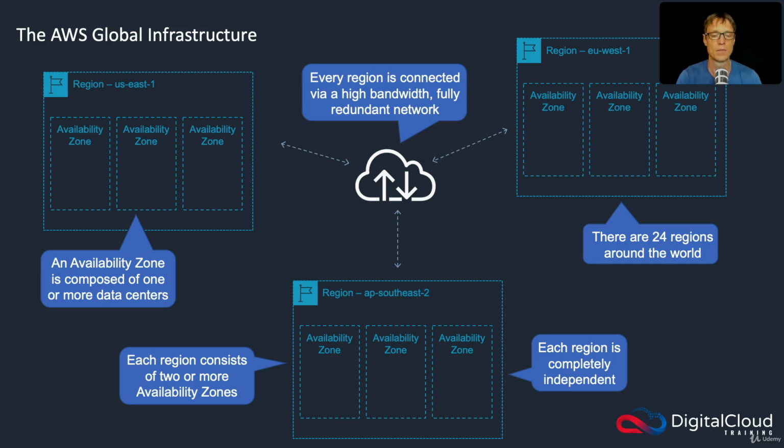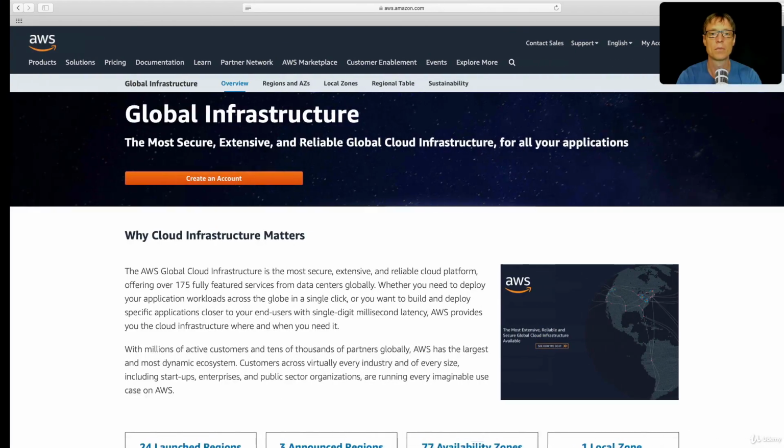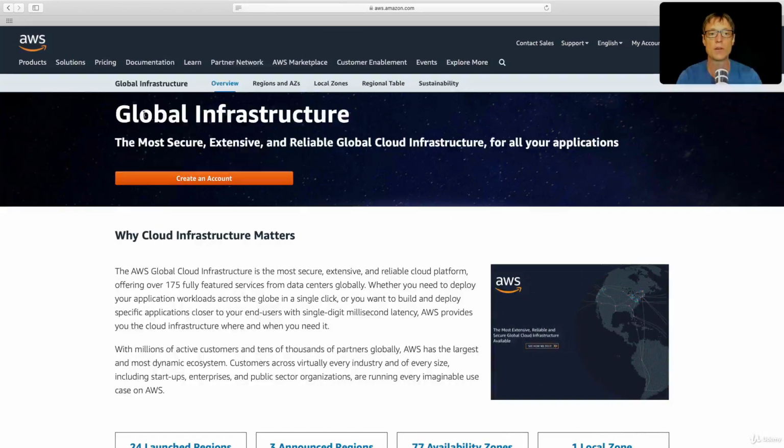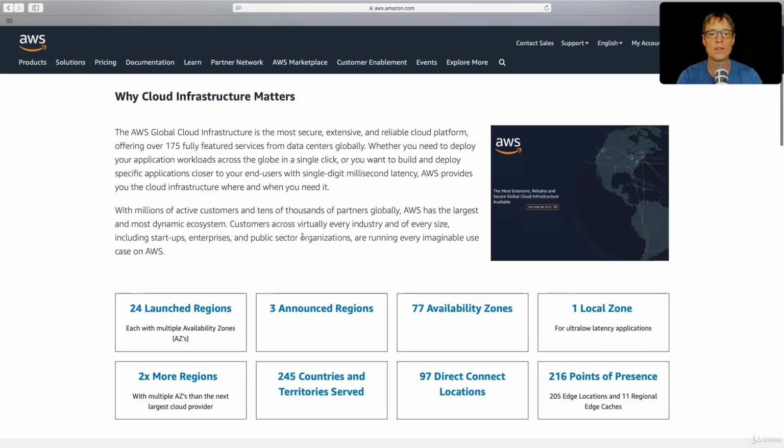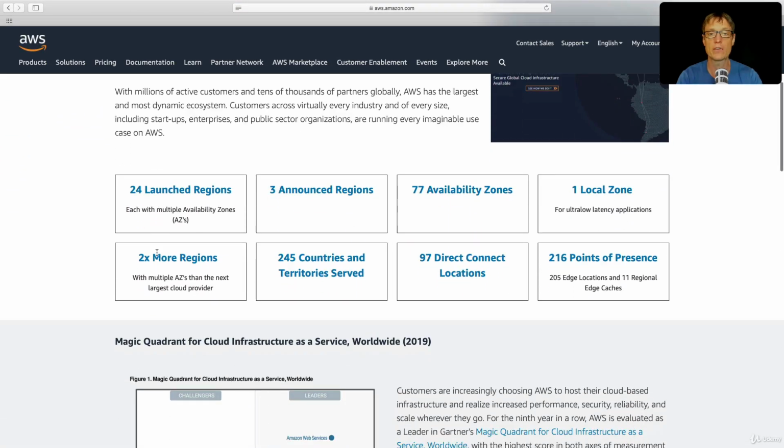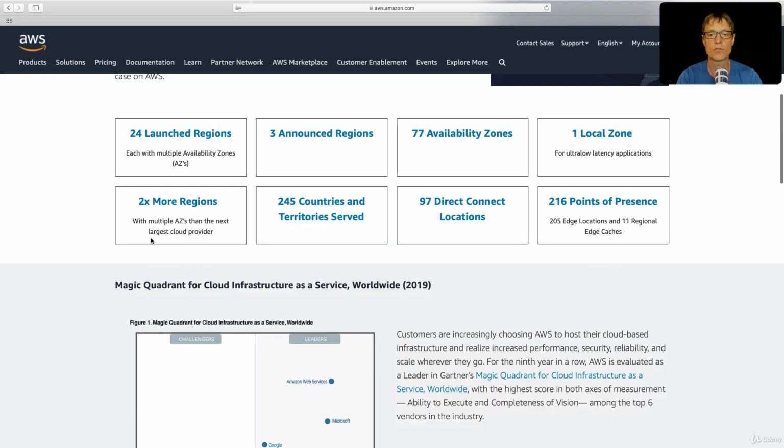Now let's quickly go over to the AWS website, and I'm going to show you the AWS Global Infrastructure page. So if you just search for AWS Global Infrastructure on Google, this is the page that you're going to find. And it gives you a bit more information about the various components of the global infrastructure. And there are some other bits as well called direct connect locations. We've got the edge locations and regional edge caches, which are associated with the CloudFront network, which we'll talk about